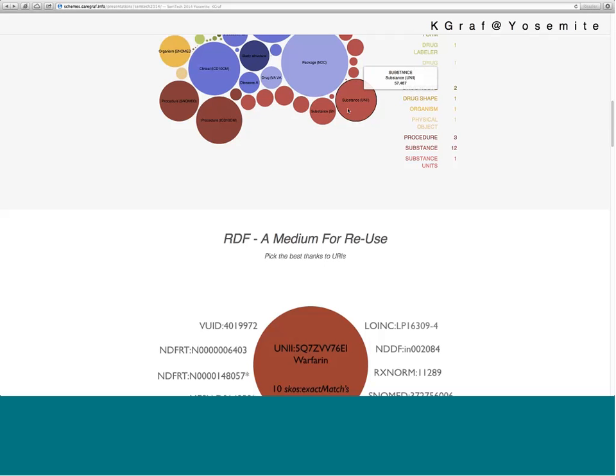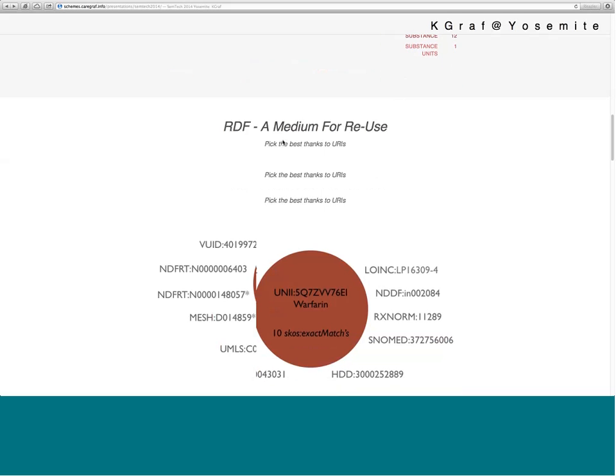SNOMED substances, and then a huge big balloon, which is Unicodes. I'm just highlighting that because Unicodes is the substance definition scheme used by the FDA. It underlies all of the drug submissions by drug companies, as well as lots of other things, allergens and other things. So it's very, very comprehensive, and it effectively is a superset of the designations in all these other schemes, which really explains, I hope, this